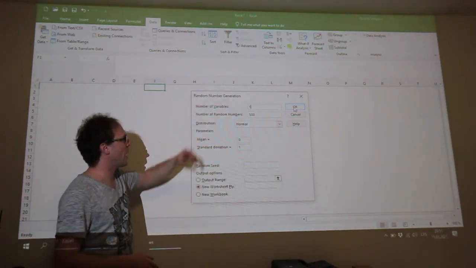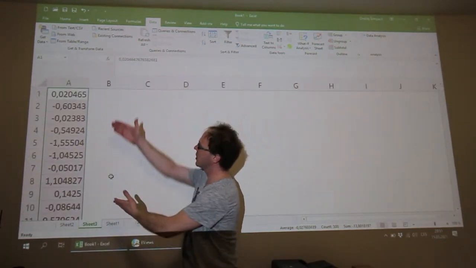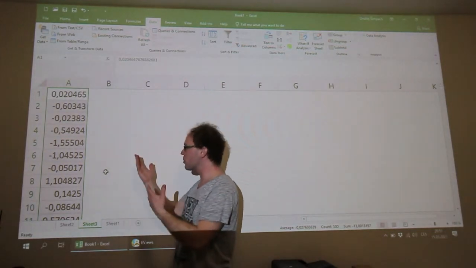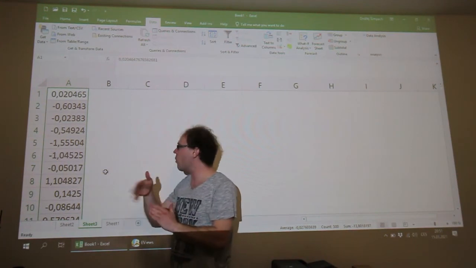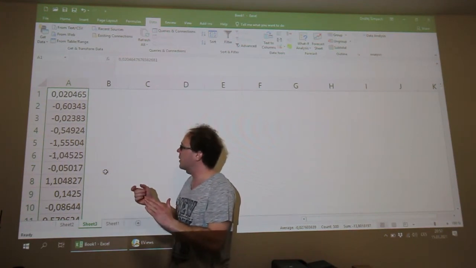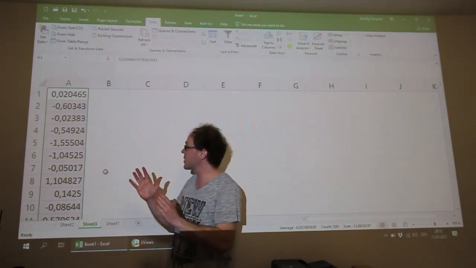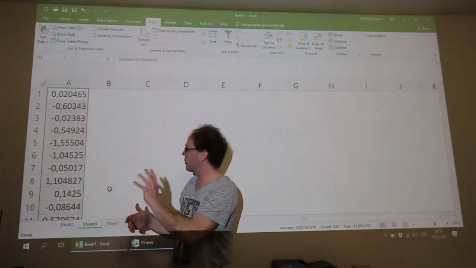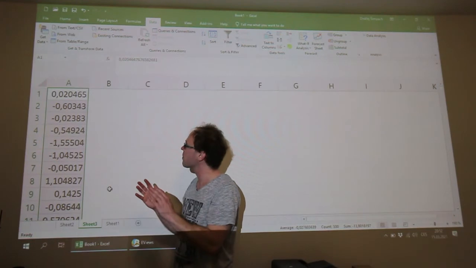Click on OK, and you will see in your sheet a series of 500 values of this white noise process. We already showed a proof that this is a Gaussian white noise process, a series of uncorrelated values.